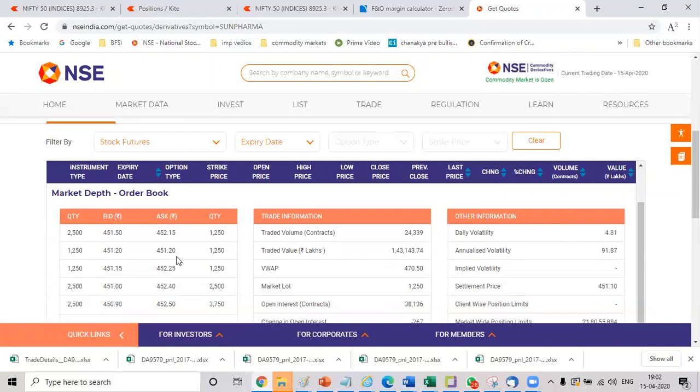So when you're trading in futures, preferably you buy the current month and you want to carry your position to the next month, hold it till the expiry date, sell it and carry your position to the next contract. So in the next session, we will be discussing call options and put options.